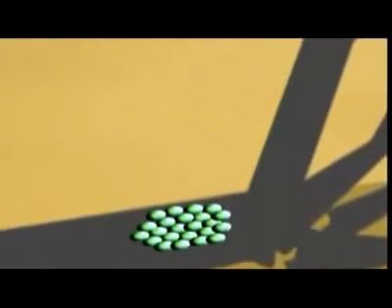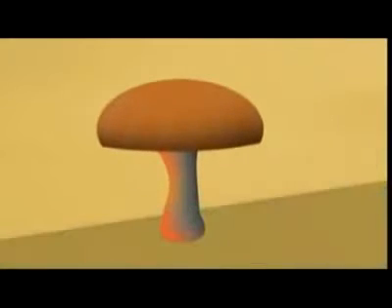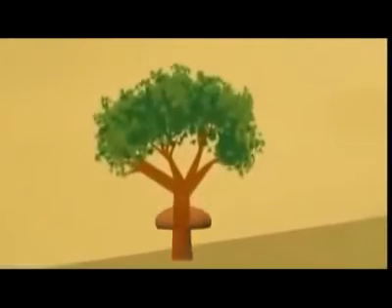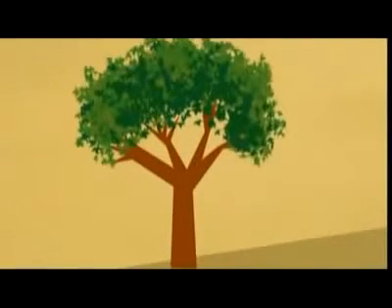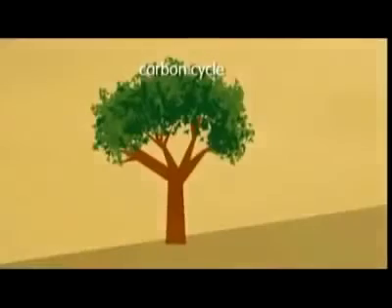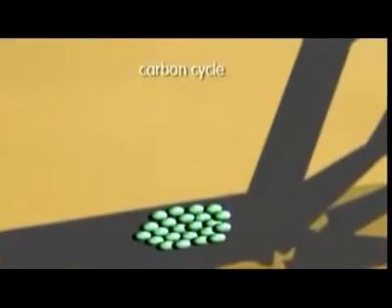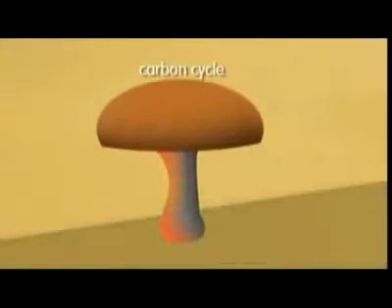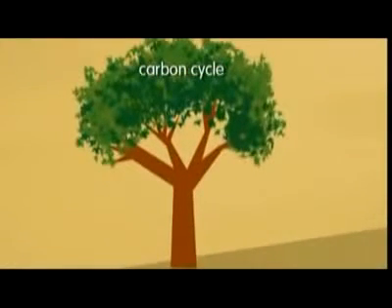And then what happens? "When trees die, they grow on the tree, they break down the lignin and the cellulose, which is the most resistant form of carbon, and they break it down, produce mushrooms, and in turn you end up with organic matter going back into the soil, and so the carbon cycle in the forest goes on." The carbon cycle in the forest goes on. The organic matter helps new trees to grow again, and then those trees die. We're back to the first stage again. This is the carbon cycle.